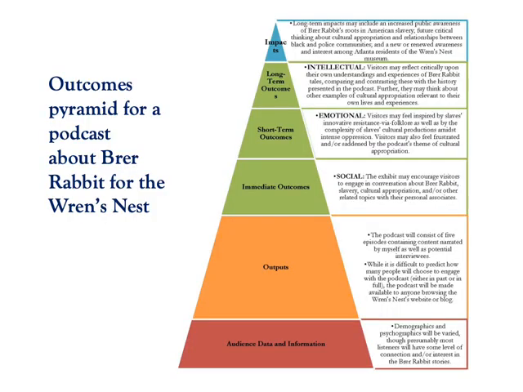She also did an outcomes hierarchy pyramid for her podcast, and you can see this is something that you can do for your own project. Think about audience data and information and outputs. So here, the podcast will consist of five episodes, and the demographics will be varied. Here she was being speculative, which you will probably be as well in this regard. But she was trying to think about who her audience was. And then the specific outcomes, she had social outcomes, emotional, intellectual. And again, you can think about what are the different ways in which you are having impact on your program participants, your audience, or your stakeholders.